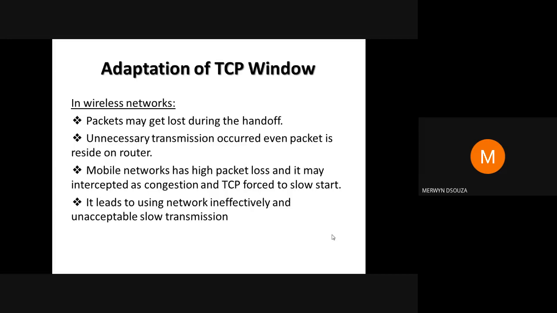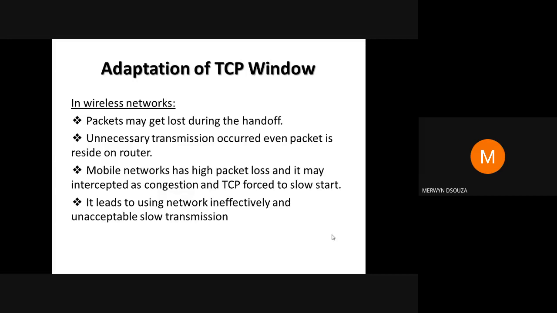So normally, you know that in our mobile networks, you may be out of range quite often. So that's why the packets may get lost. So the packet loss in mobile networks is quite higher compared to packet loss in fixed networks. Every time packets are lost in wireless networks, you cannot assume there's congestion and then start with the congestion recovery methods.